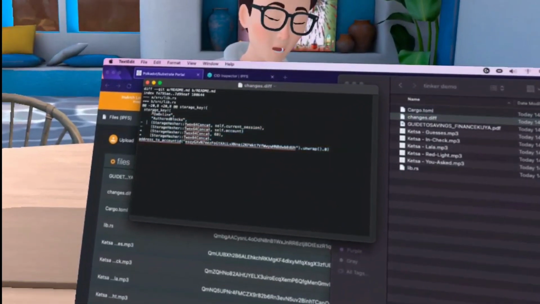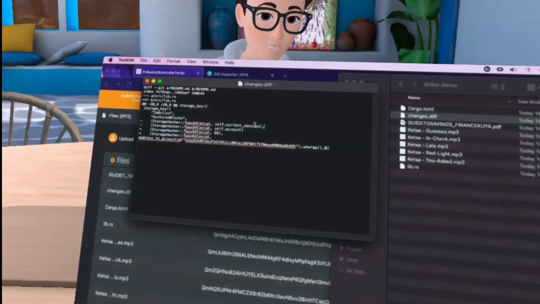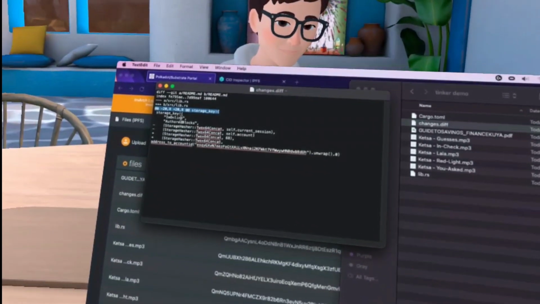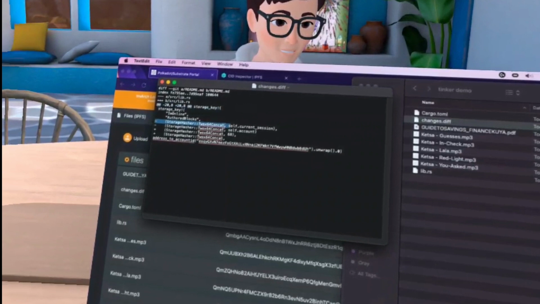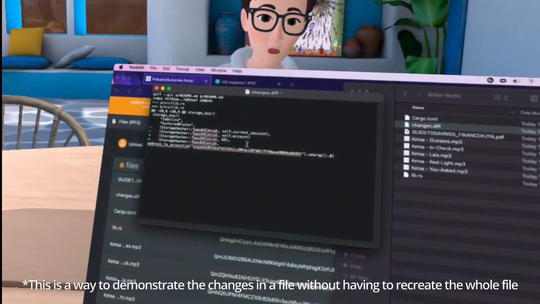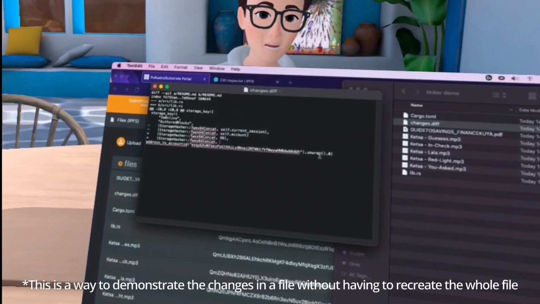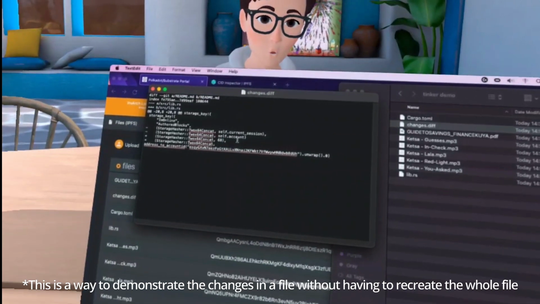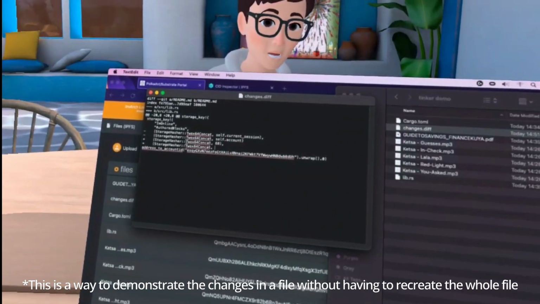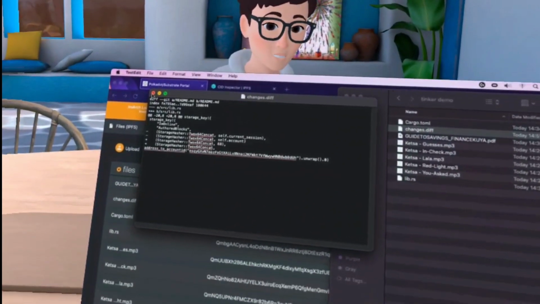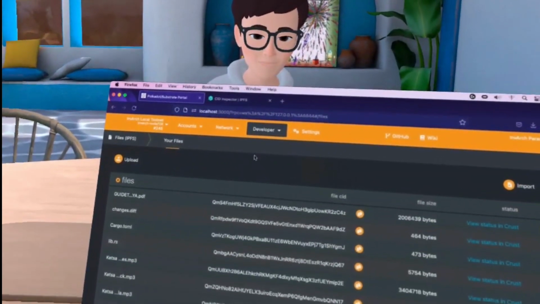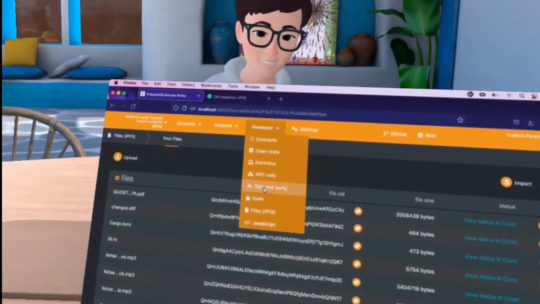So if you don't know about diff files, they represent, like, in this line, you are going to remove this, add this. So this is a way to demonstrate the changes in a file without having to recreate the whole file. You're only interested in what changed from it, and the lines themselves are changed. So this is what Bob is going to add to his version. So let's go to